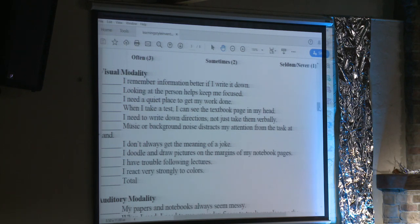Raise your hand when you got them tallied. All right, I'm going to move on down here. Hopefully I can move up a little bit too. All right,